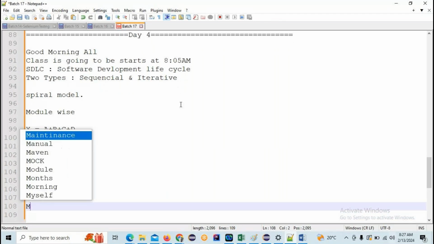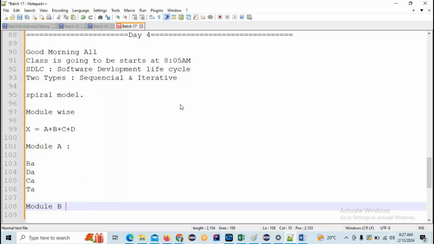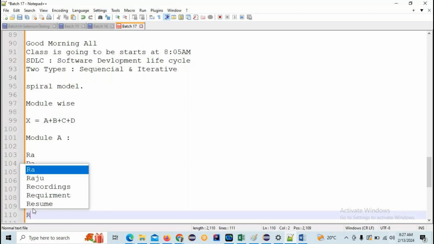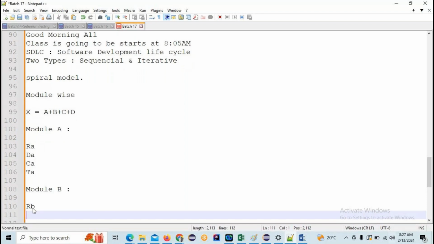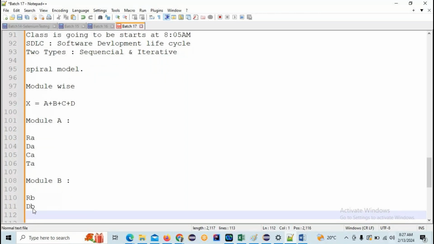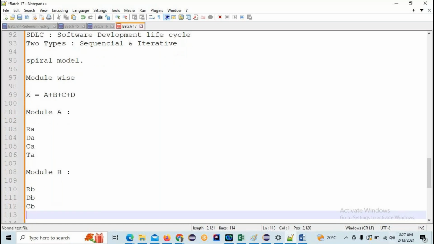Yeah. And next, module B. In module B it's similar up to coding. Requirement of B, design of B, and coding of B. Up to here it's the same. But when it comes to the testing part,